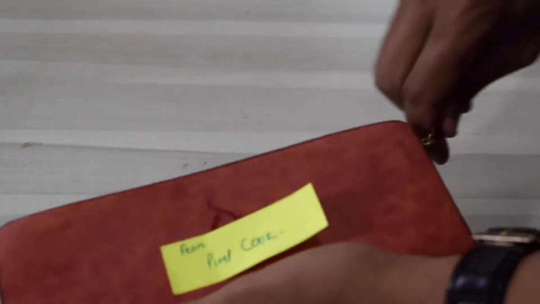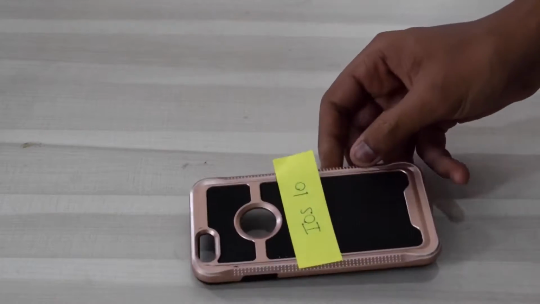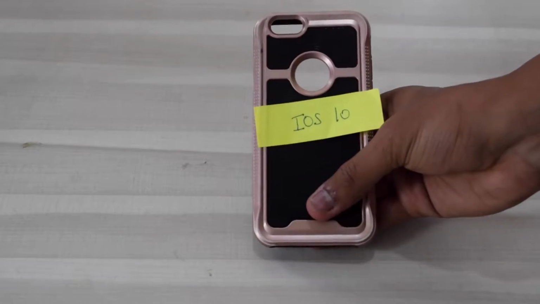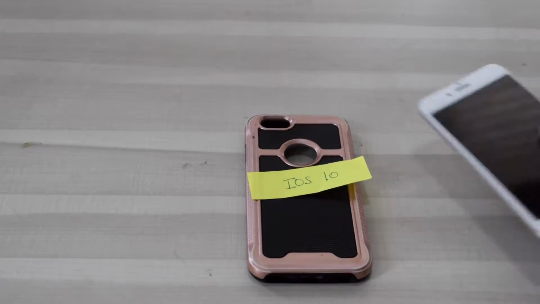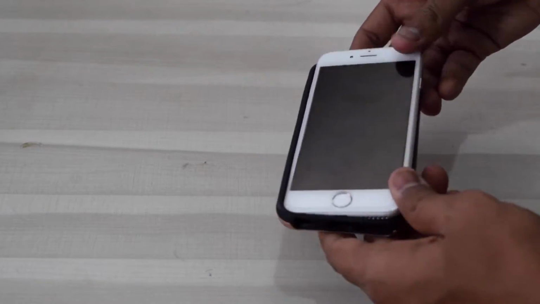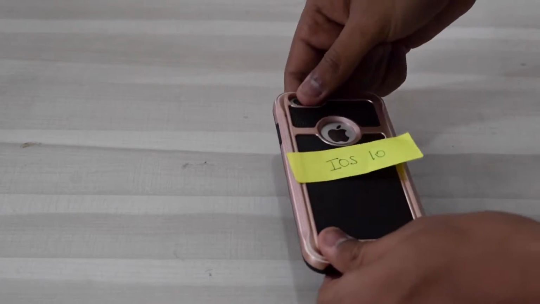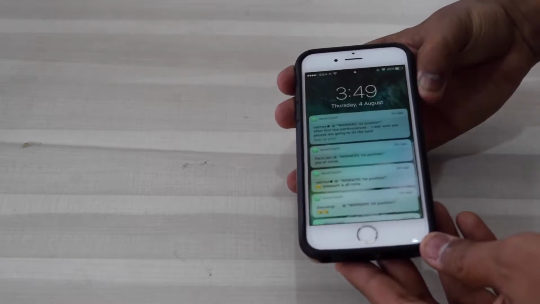I got this special package in the mail. It looks like my best friend Pim Book sent something for me. Pim sent me a custom mod for my iPhone 6 which allowed me to install iOS 10 on my device just by snapping the mod on. Pim, don't worry, I'll give you my honest impressions.